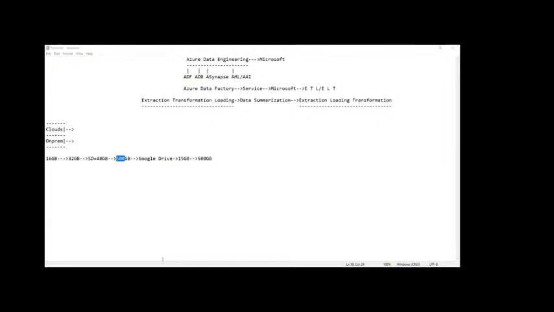Tell me now, can you recover? Can you recover the 16 GB of memory? No, we cannot. Can you recover this 32 GB of memory? No. Can you recover this 500 GB of memory? Yes. Whenever you store the data in Google Drive, if you lose your mobile phone,